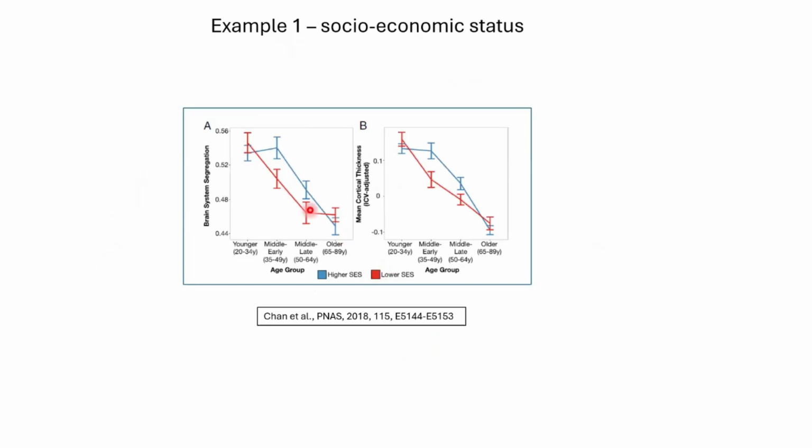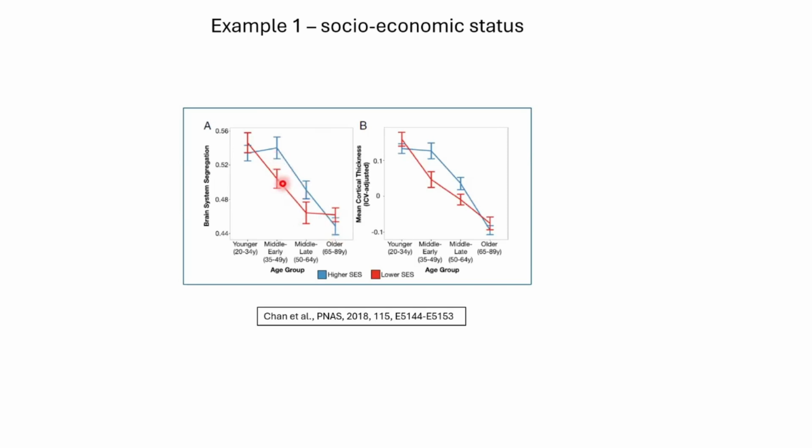This socioeconomic status really is basically defined in a variety of ways. This is from Gargan Weeks' lab, a colleague of mine in the Center for Vital Longevity. They investigated a measure of brain segregation in resting state fMRI, and they also simply looked at mean cortical thickness as a function of SES, where SES was a combination of occupation and income.